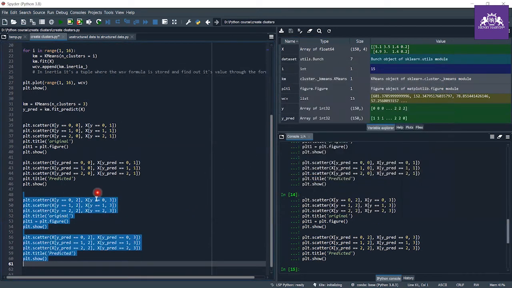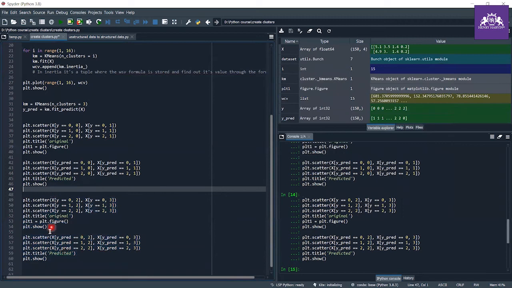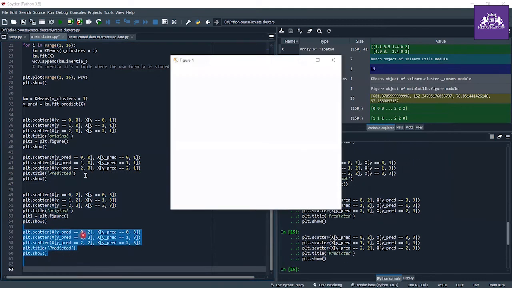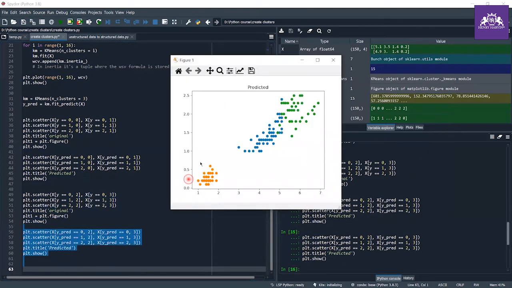So here we make some clusters, and as you can see, we make these three clusters. One, this blue part is two, and this green part is three. So now when we get these clusters,